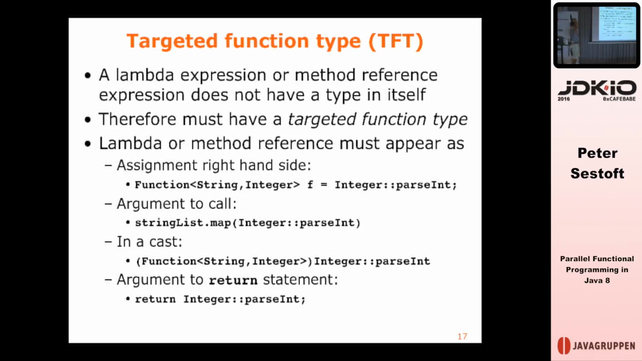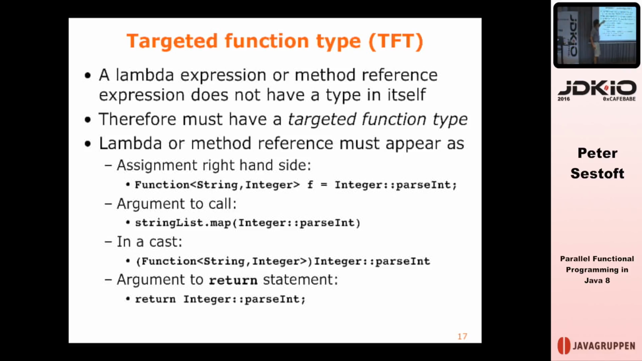The interesting thing about Java's design is that a lambda expression or method reference doesn't have a type in itself, so it must have a targeted function type. That's because of the whole inheritance system of subtypes. It's impossible, unlike in ML or F#, to infer a type for something. So